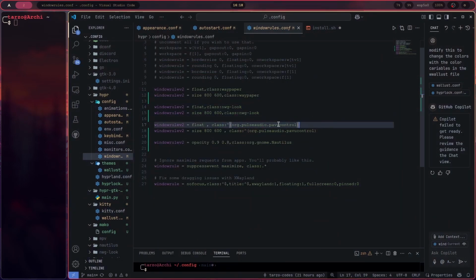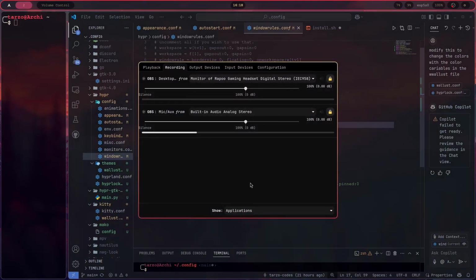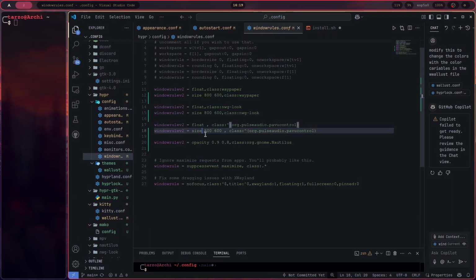Then we have the power control. So again, this I just added float for it. So it just floats in here, and we have this floats and the fixed size. And this one, as for Nautilus, as you can see, I did add a bit of opacity to it because